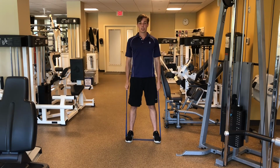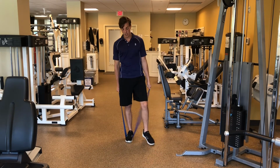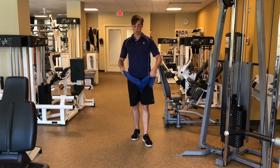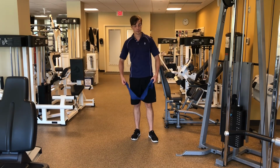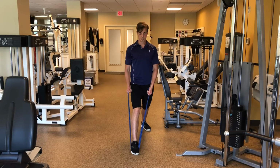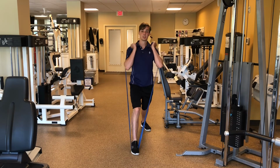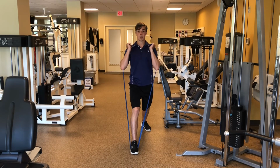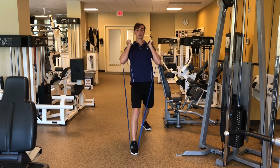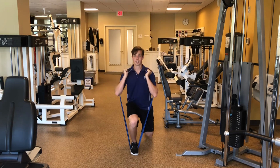So after you do 10 to 12 squats, we can go ahead and get out of the band, and we're going to use it for lunges now. Okay, so for the lunges, it's the same idea, except one leg at a time. So I'm gonna go ahead and wrap my elbows in since there's less tension on the feet. I'm gonna lunge forward, tap my knee, drive my heel away, pressing away from my body,